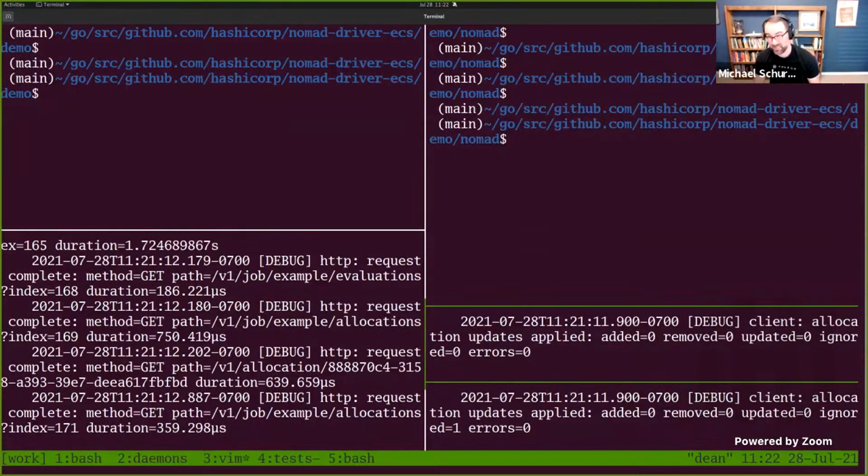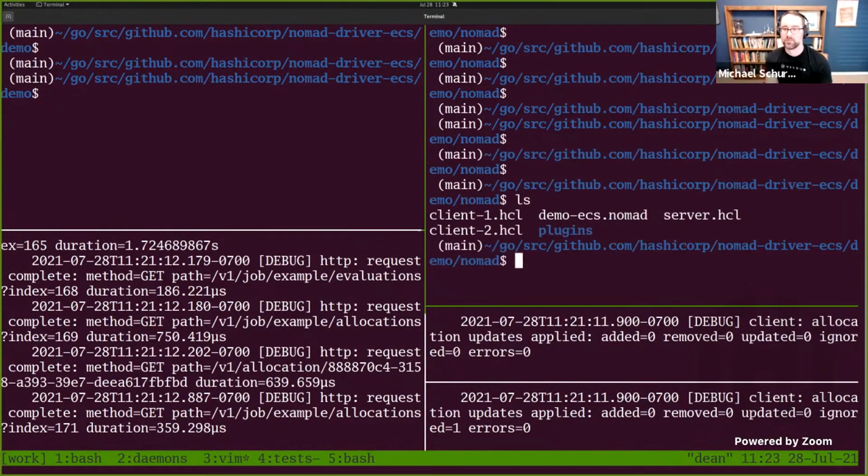They're just running locally on my laptop. None of this that you're looking at right now is actually running in AWS. The Nomad ECS driver that we wrote doesn't care where the Nomad agents are running. It will talk to the AWS APIs and schedule ECS workloads. So instead of talking about it, let's just schedule it and see what happens.